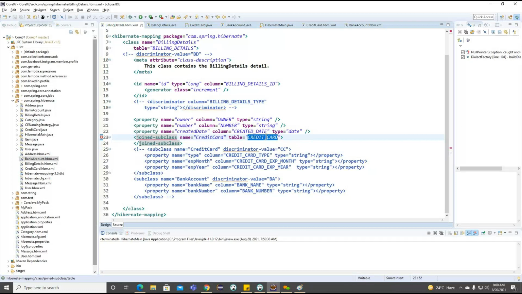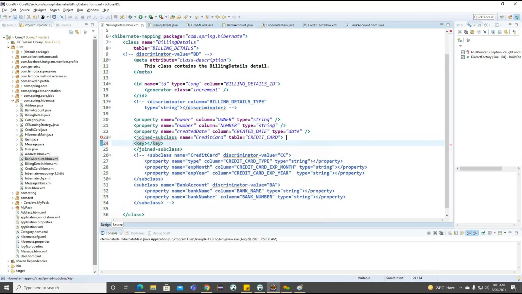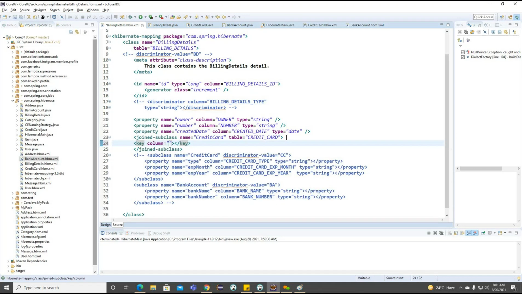So name we provided, table we provided, and so we need to provide the key here. This particular key is going to work on the primary key and foreign key relation here. Getting the point? The name of the key column, so what we provided in our